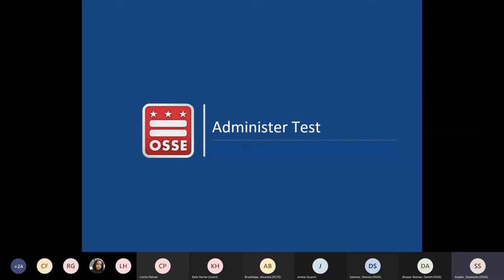Are students who are in learning hubs or CARES classrooms considered remote or in-person? There's additional guidance about the definition of an in-person versus a remote tester in the statewide assessment participation policy. But in general, what designates a person as in-person versus remote has to do with how they are connected to their test administrator.